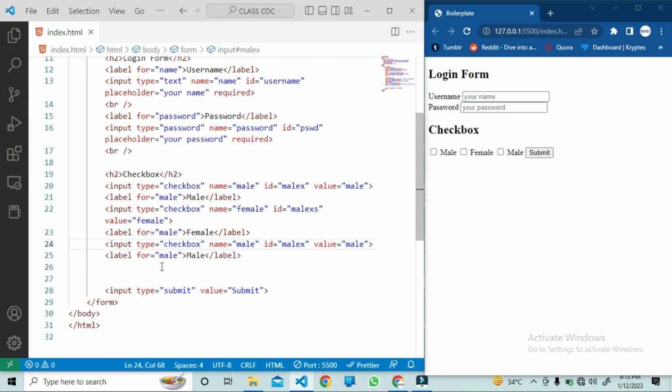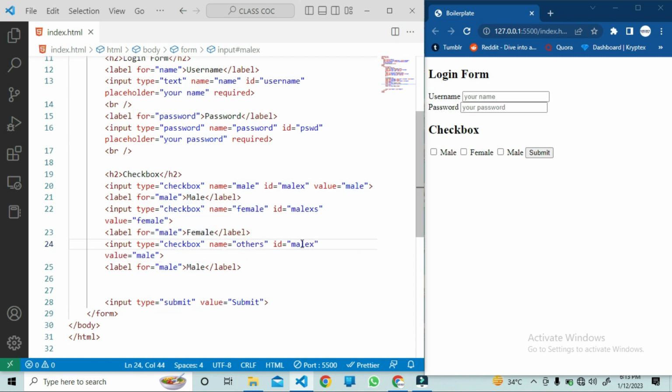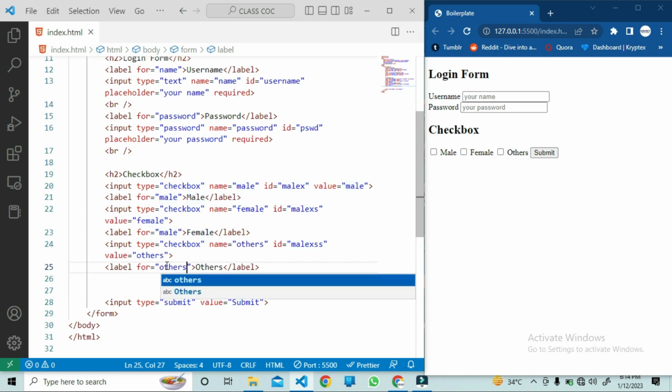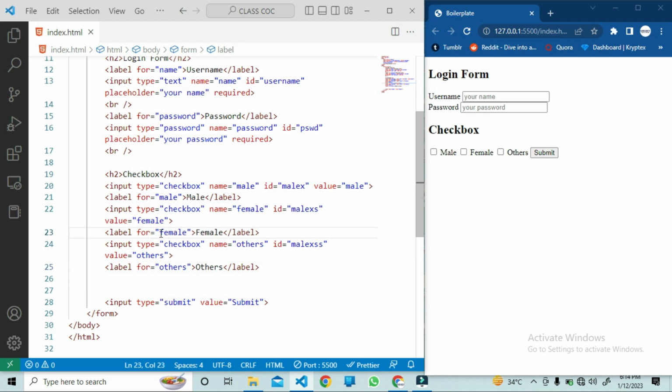I'm going to bring this one back up here. This one I'm going to change to others. I add XX to this just to make it different. It's not that you must use exactly what I am using. This is others, and here we have others, and this also has to be others, and for this it has to be female, not male this time. So here we have our checkboxes